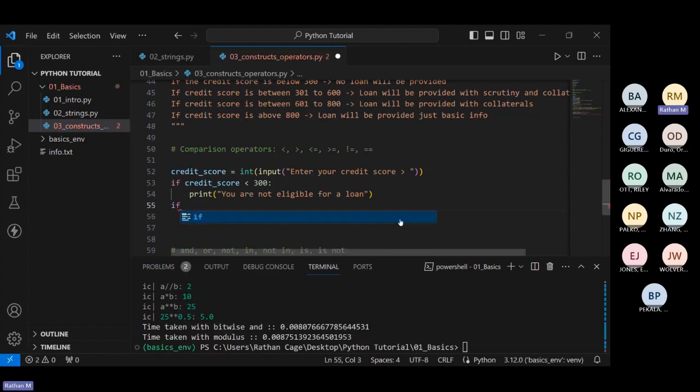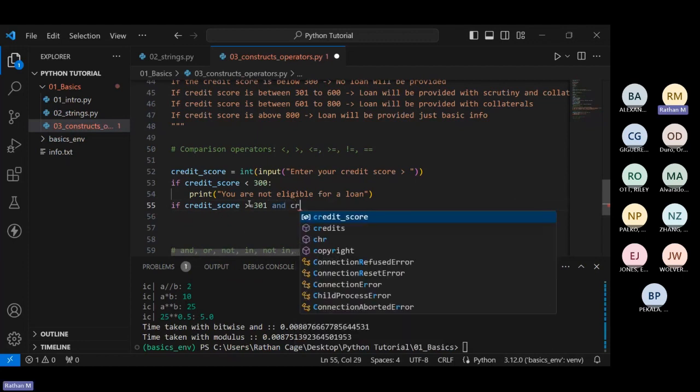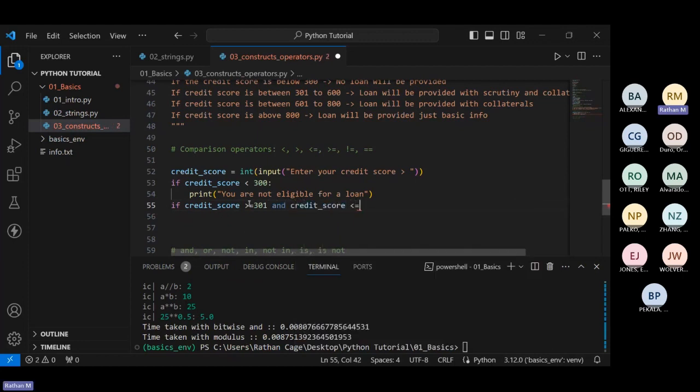Now, I'm going to perform this with completely if conditions and we're going to change it to elif and else by the end. So we can improve our constructs one step at a time. So the second condition is if it's between 301 to 600. So if credit score is greater than equal to 301 and credit score less than equal to 600, then we're going to print